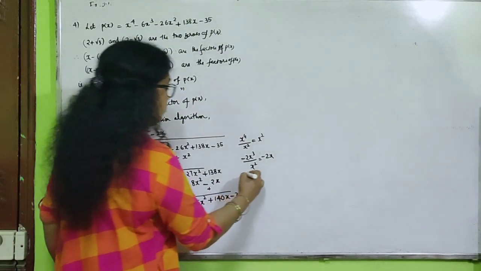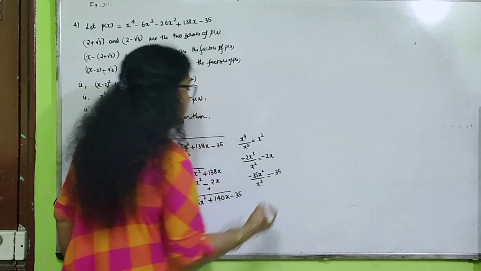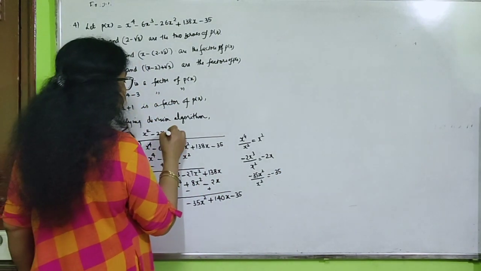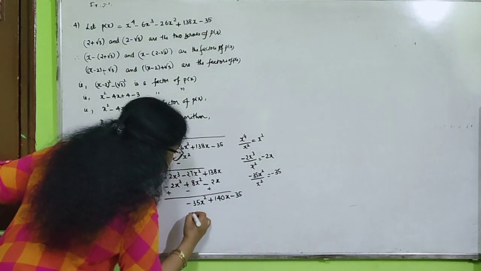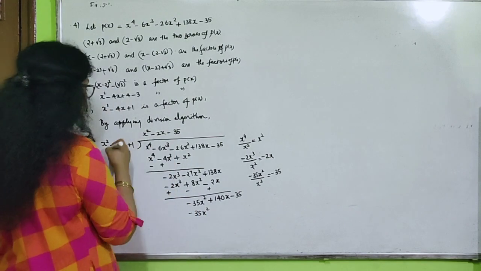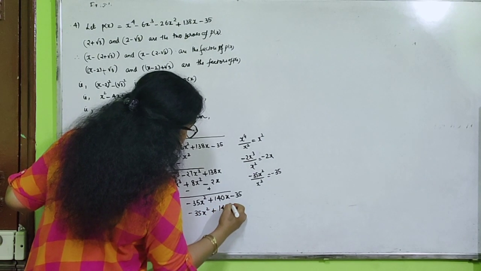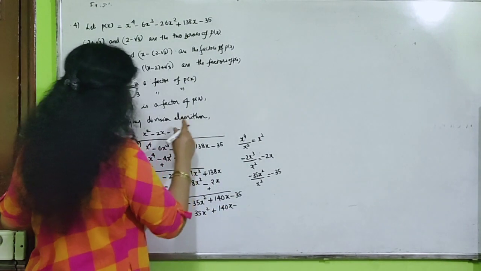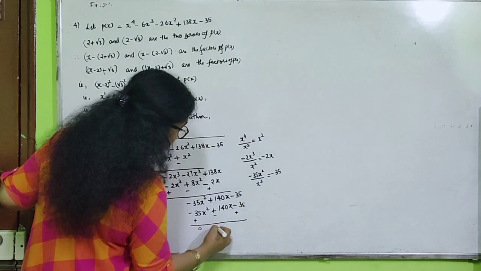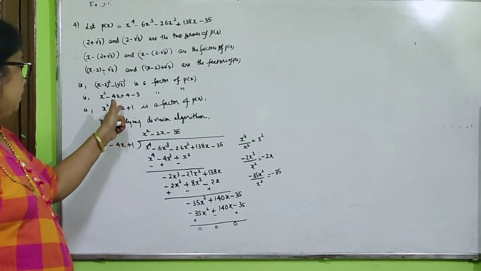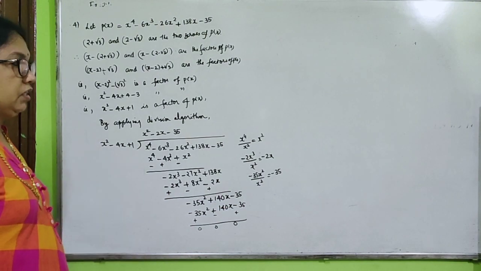Now minus 35x square divided by x square, x square cancels. So for the third term of the quotient we get minus 35. Write it here, minus 35. Minus 35 into x square is minus 35x square. Minus into minus is plus, 35 4s are 140, so 140x. Minus 35 1s are 35. Plus, minus, plus gives 0. I already explained, whenever it is a factor, after division you should get the remainder as 0. So we got 0, which means our division is correct.